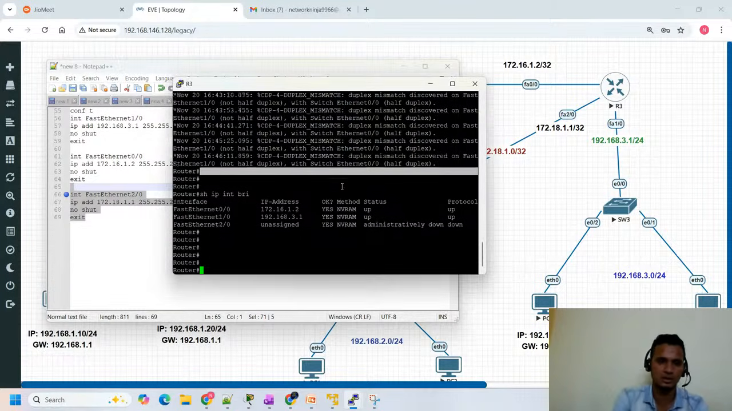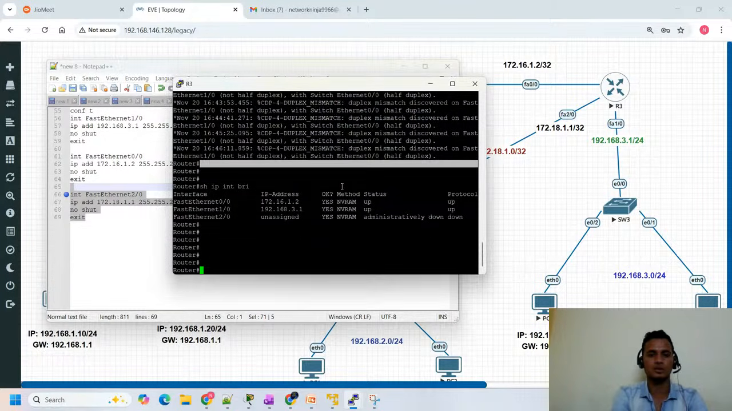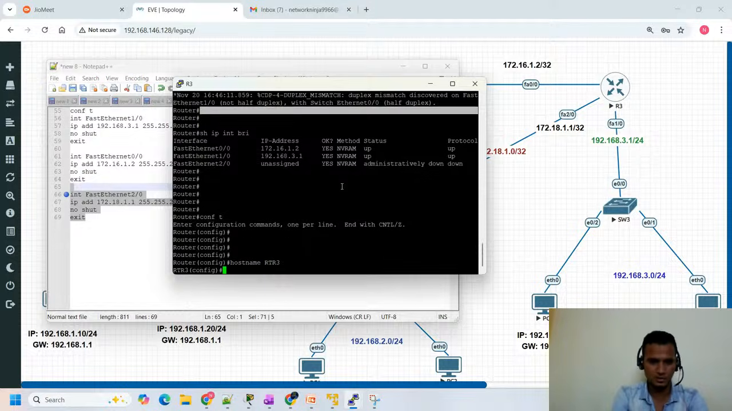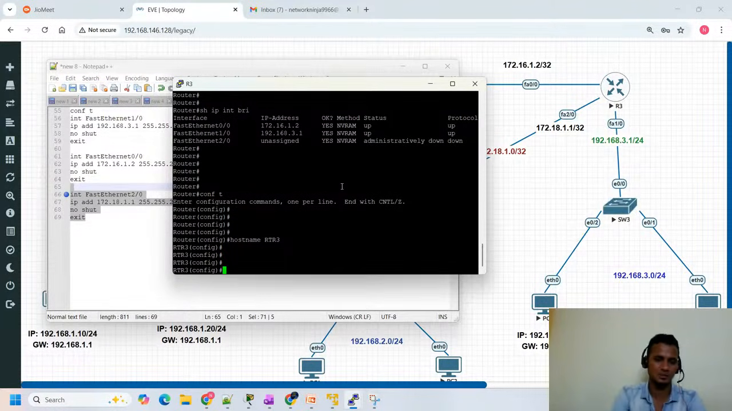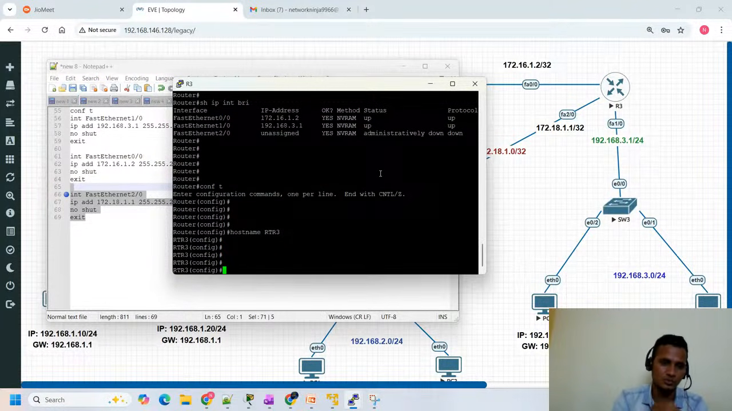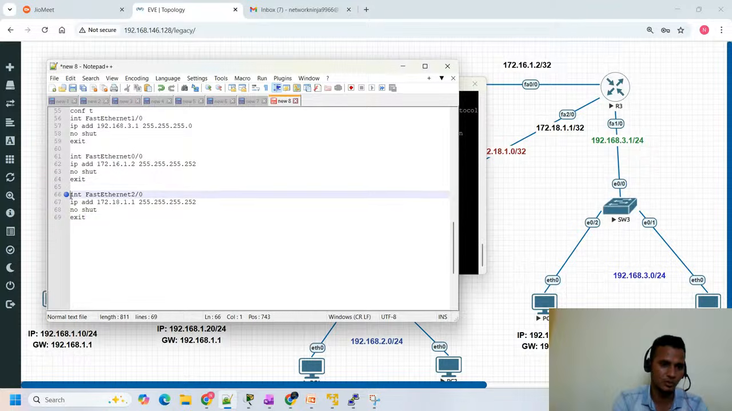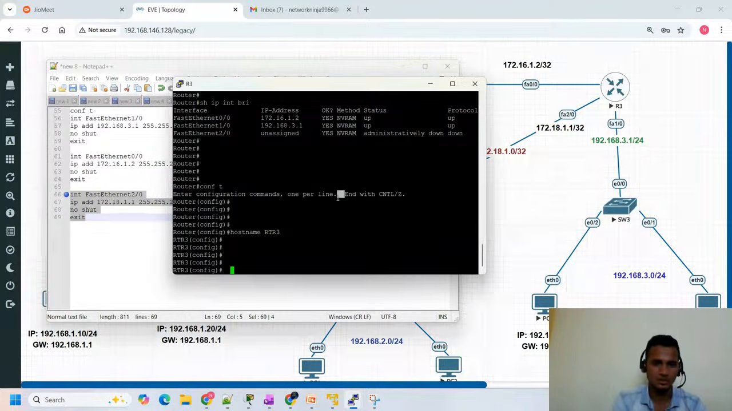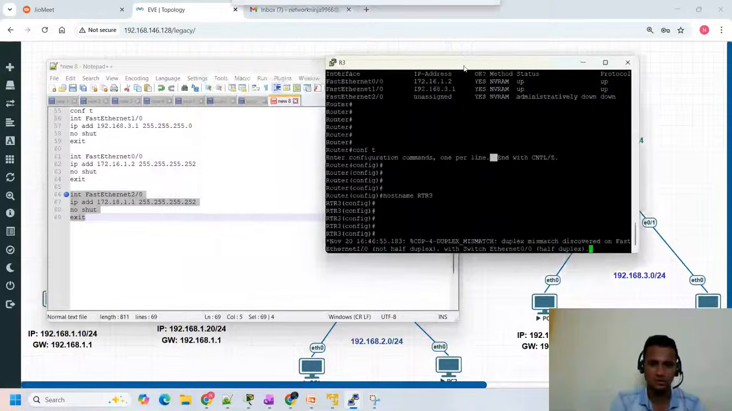So this is my router 3. First I'll configure the hostname in configure terminal. Okay, so you will see here, guys, configure terminal. The hostname is what we decided, RTR3. Once you type that command, I'll paste whatever I copied. I think I didn't copy. Let me copy this. If I paste here, command,